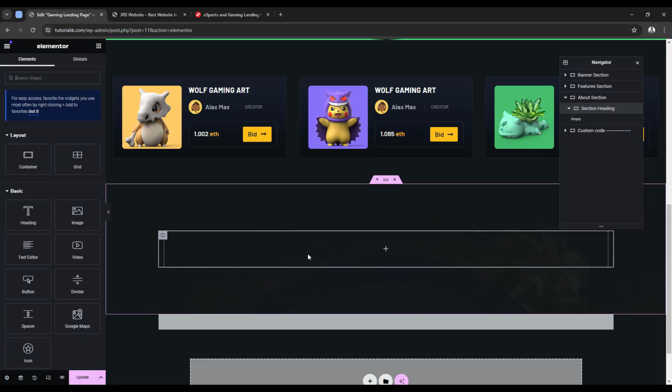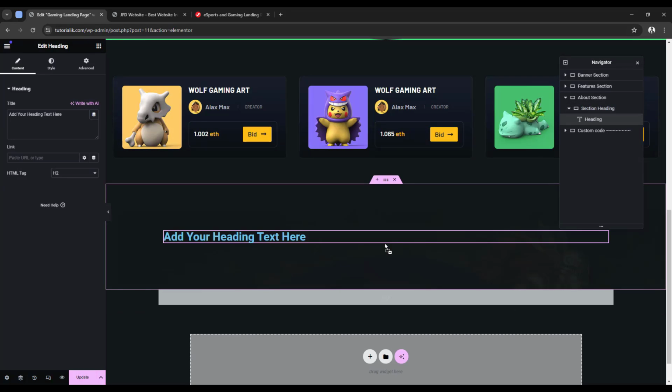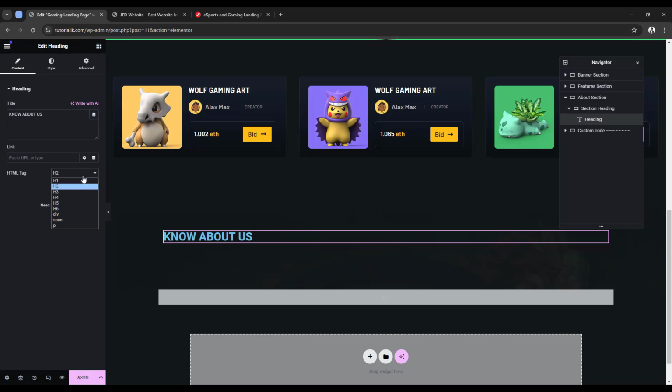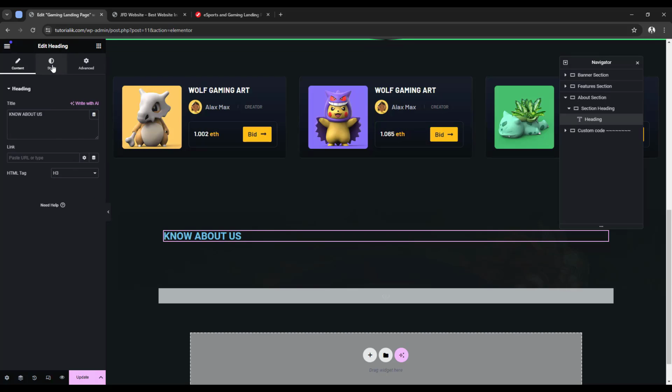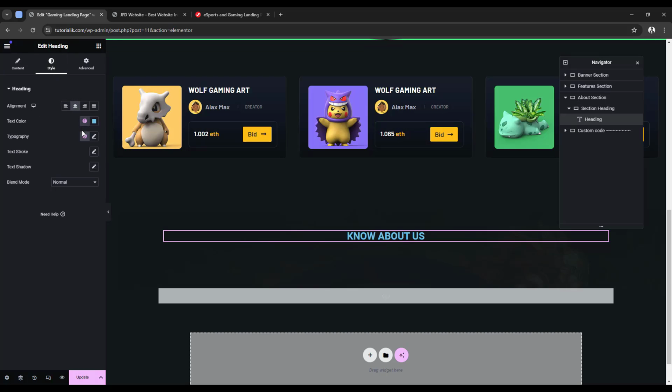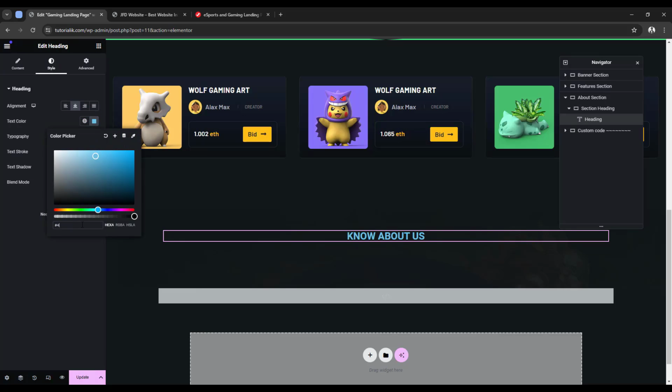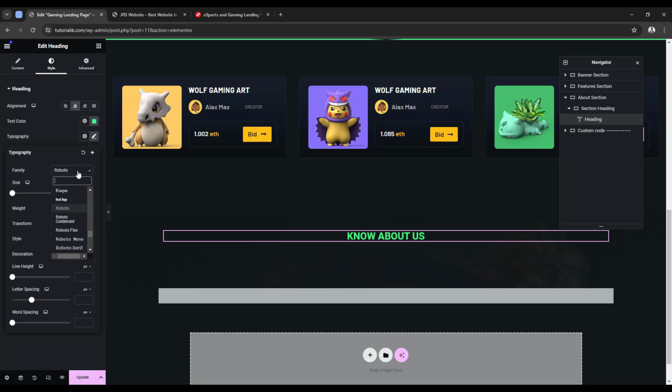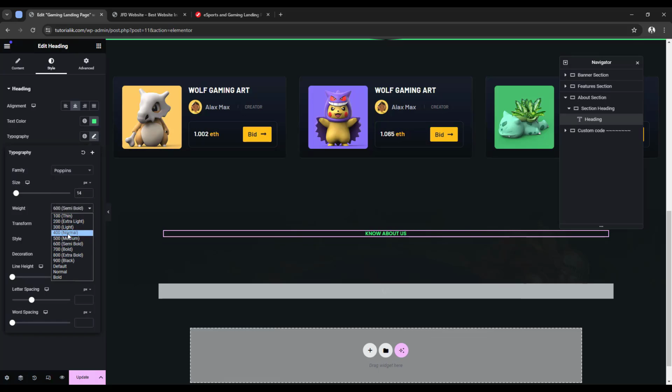So now inside this container, I want a heading. This heading will be our free title, so let's change the title. It will be "Know About Us". Let's make this H3. Then align center, then color, let's make it 4:5, F8, 8:2. Then typography, let's make it Poppins, 14 pixel, 600 font weight, transform uppercase, line height 1 em, and 2 pixel